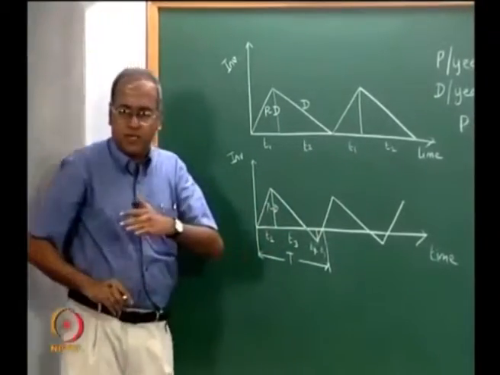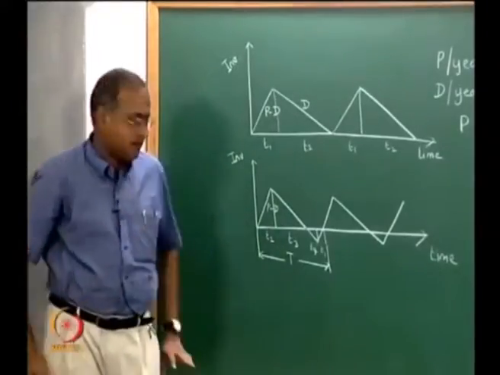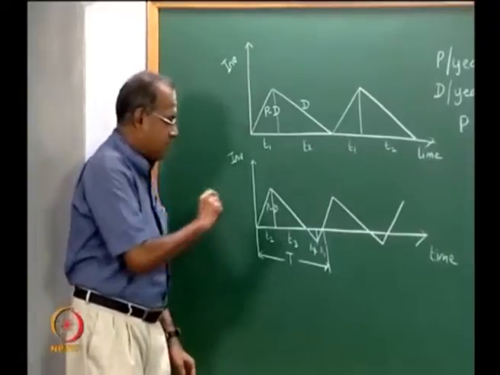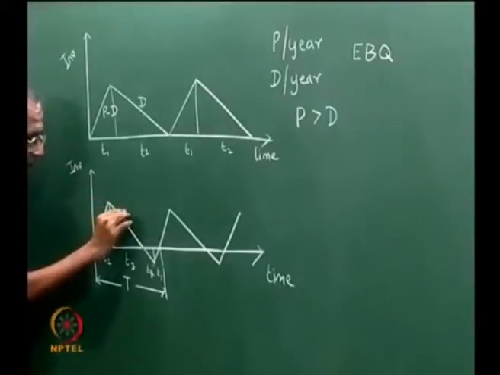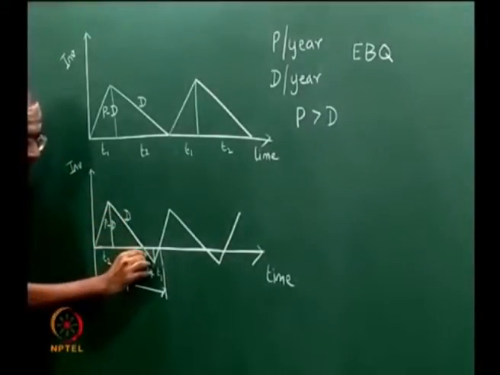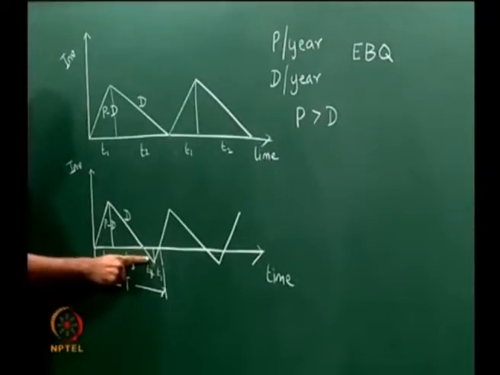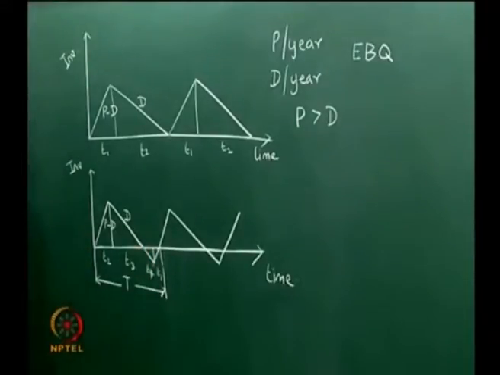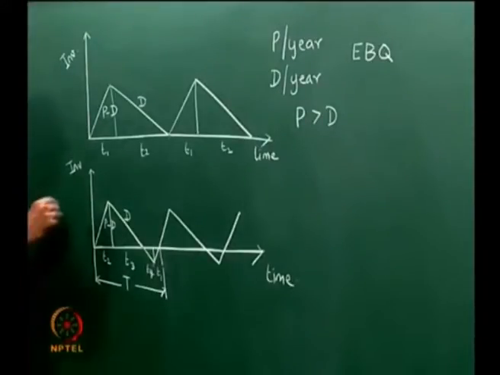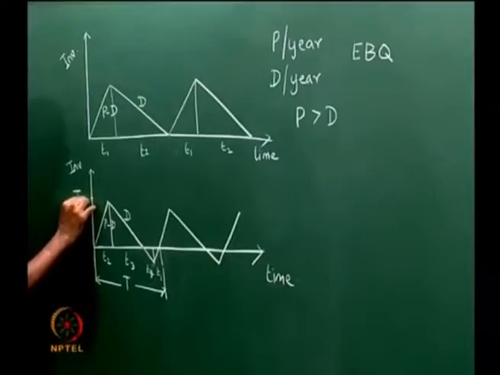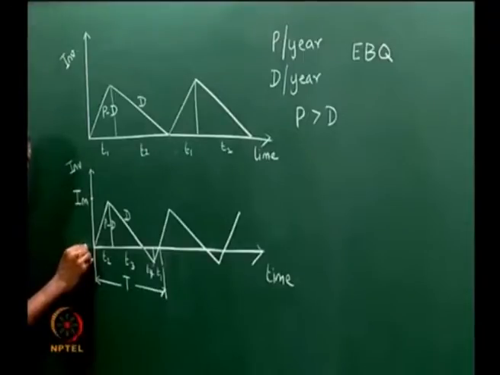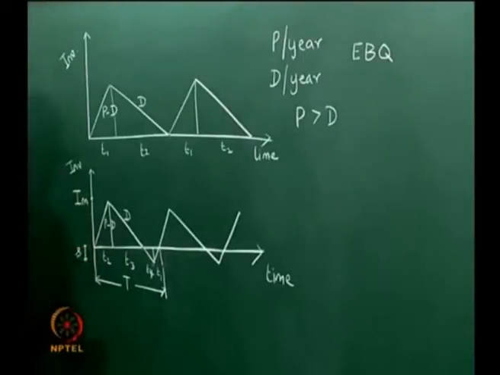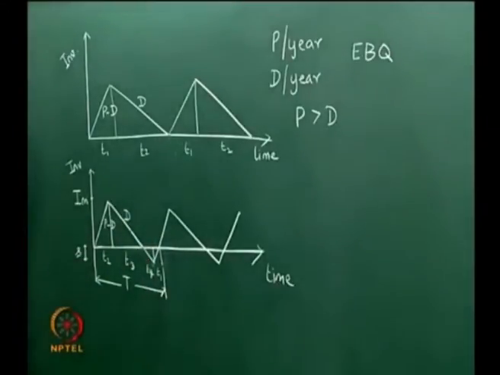So this is a production consumption model with back ordering. Let us also add some more notation to it. Inventory is built up at the rate of P minus D here, it is consumed at the rate of D here, it continues to be consumed at the rate of D here and is once again built at the rate of P minus D in the other case. We will also define IM as the maximum inventory that we have in this system, and we will define S, which is this height, as the back order that we build in this system.